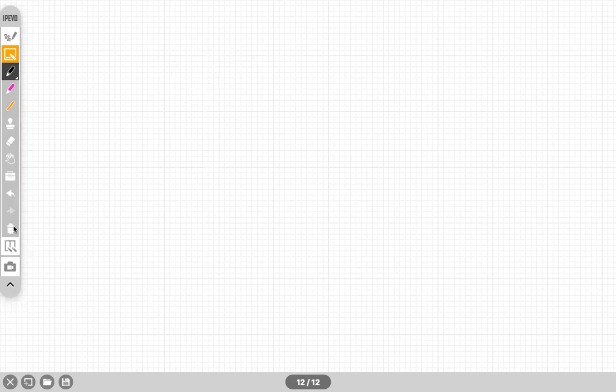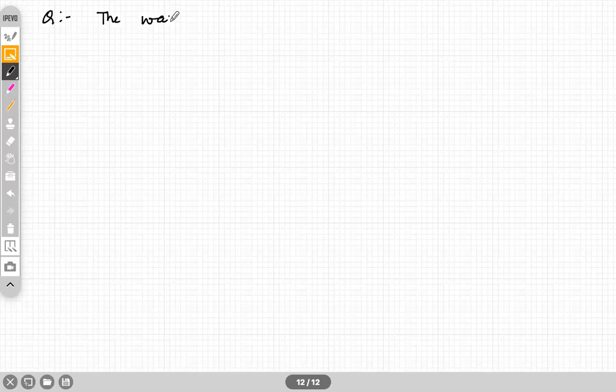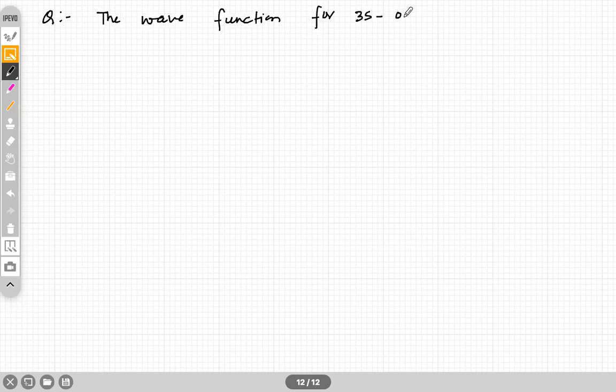Okay. Solve this question. The wave function is given, and with this question, I think you will have a little bit of clarity. How do we get those graphs and all? See, the wave function for 3s orbital is given, and that is